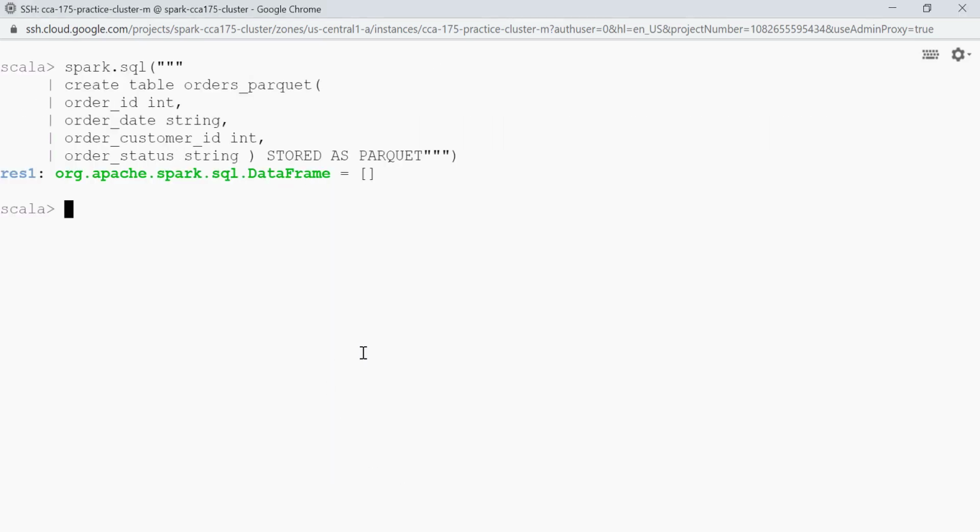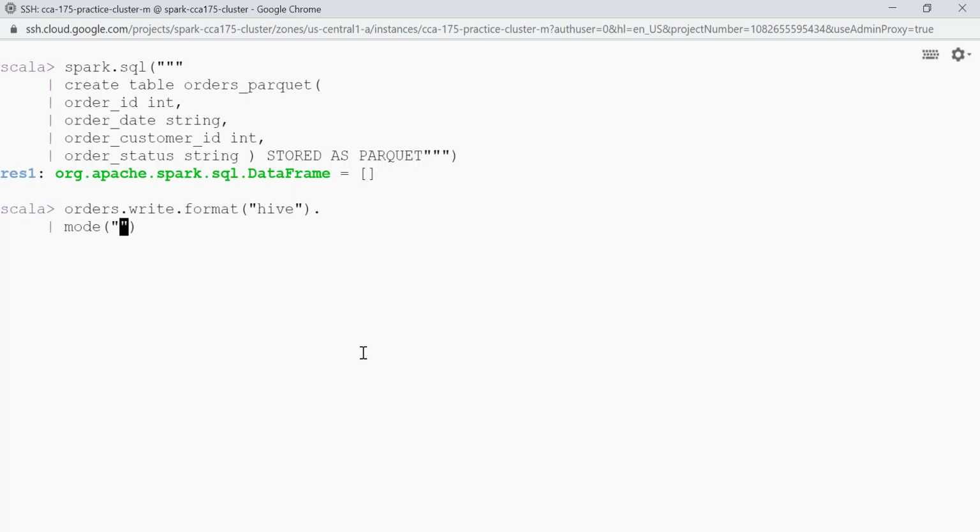So let's go and store some data. Again, let's come back to the Spark shell. We already have orders data frame with us. Now let's understand how can we write the data in overwrite mode and append mode. So I'll say orders.write.format, and my format is Hive dot mode.